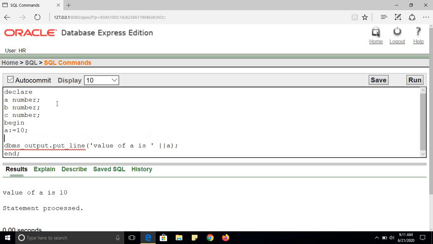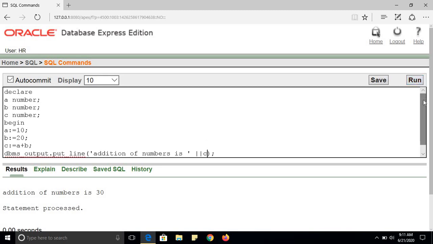Value of A is 10 and value of B is 20, and here I am adding the value of A and B, and here I can write 'addition of numbers is' C. So when you run this program, you can see addition of numbers is 30.